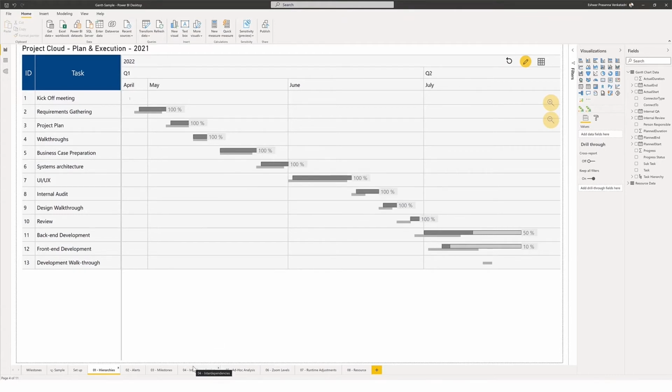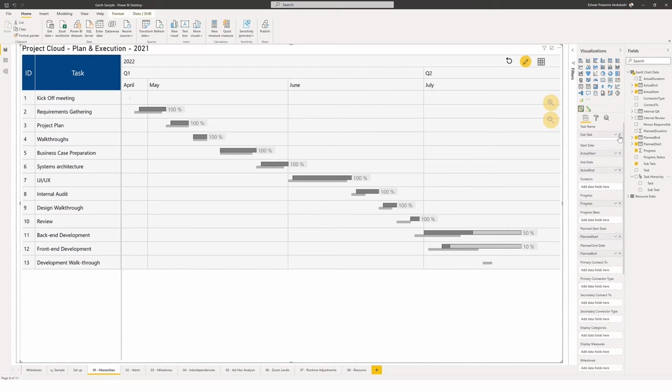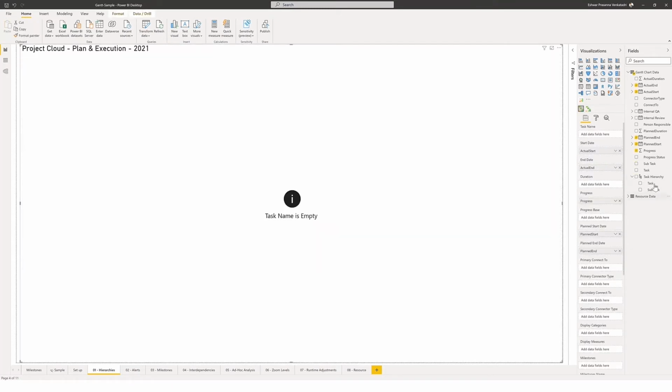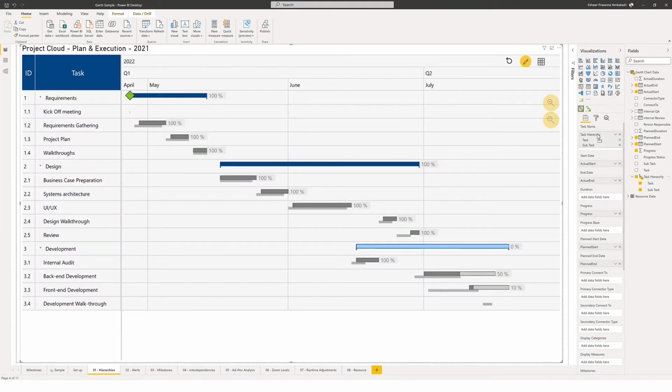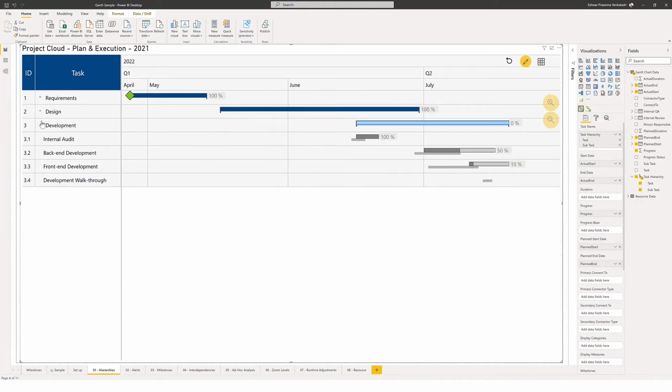And so now let's say that I wanted to use a hierarchy. So if you take a look at my data here on the right hand side, you can actually see that I've got my hierarchy set up. There's a task hierarchy. So what if I wanted to use this instead of the actual tasks? It's pretty simple really. So all I have to do is drag and drop. So I'm going to take out the subtasks from here and instead drag and drop that task hierarchy. And you can quickly see how it starts representing the data as a hierarchy immediately.